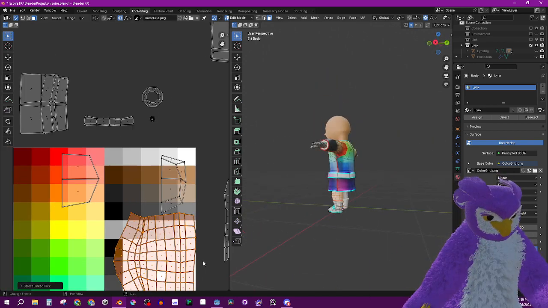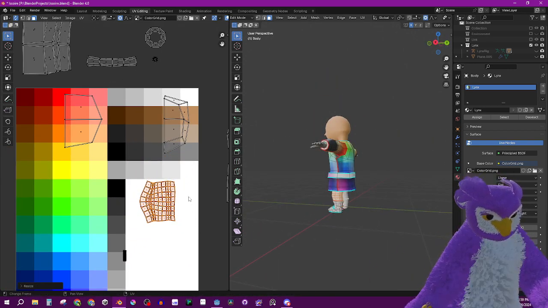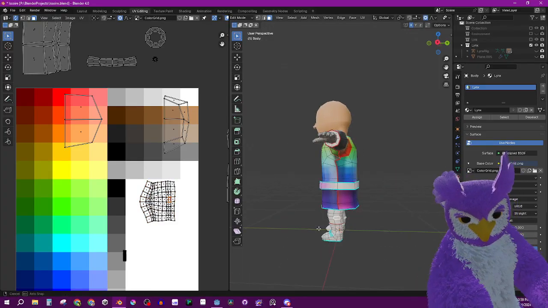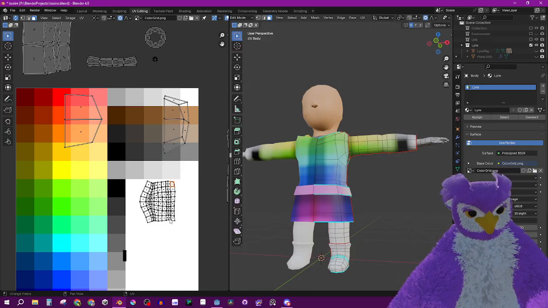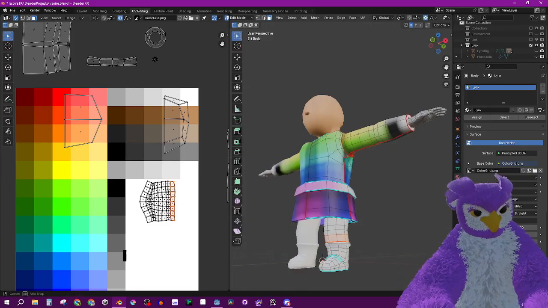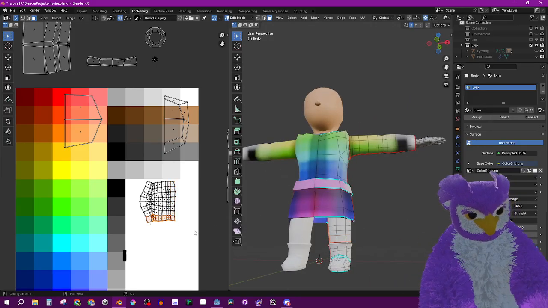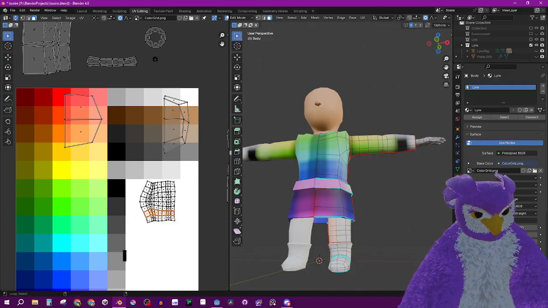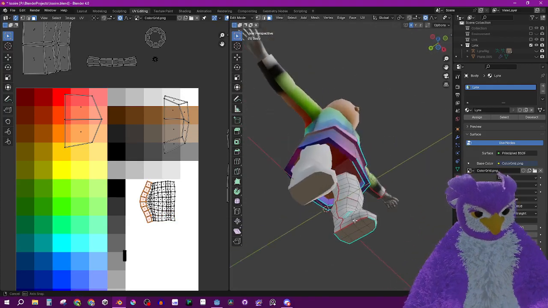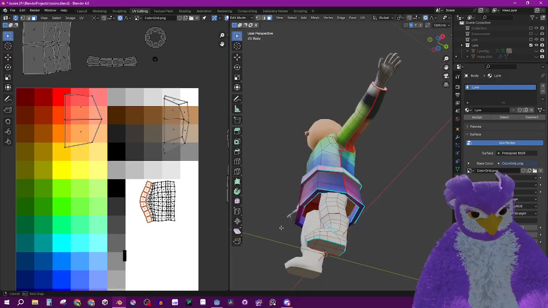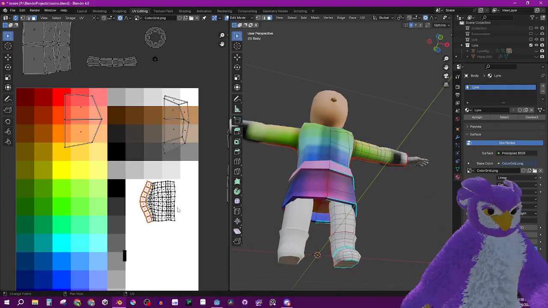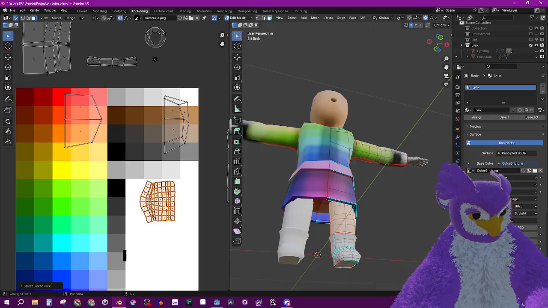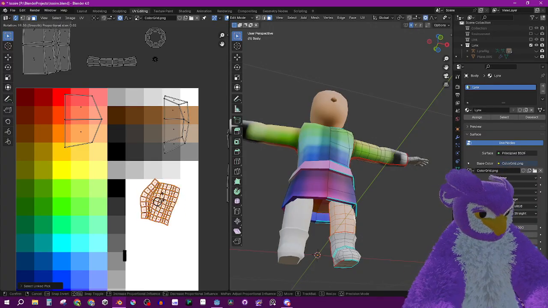That's the leg. Which part's the top and which part's the bottom? Okay, that's the bottom. I think that's the top. Yeah. Okay. So now that I have that set up, I can